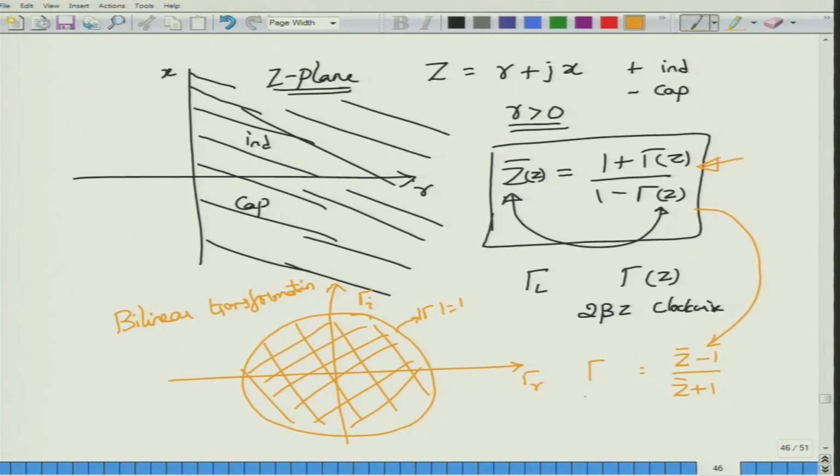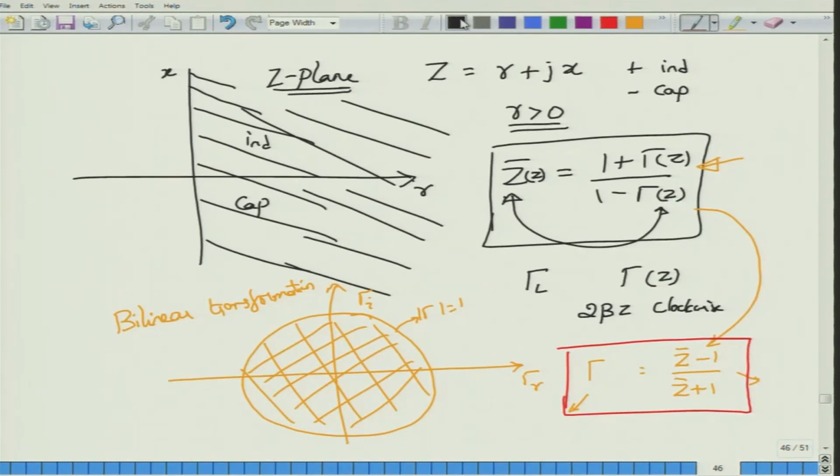Again, I will drop the subscript or the argument of Z. I understand that the left hand side is also a function of Z, the right hand side is also a function of Z, Z being the distance or the coordinate on the transmission line. So, you can invert the relationship, which will relate the reflection coefficient and the normalized impedances. So, what is the use of these two?